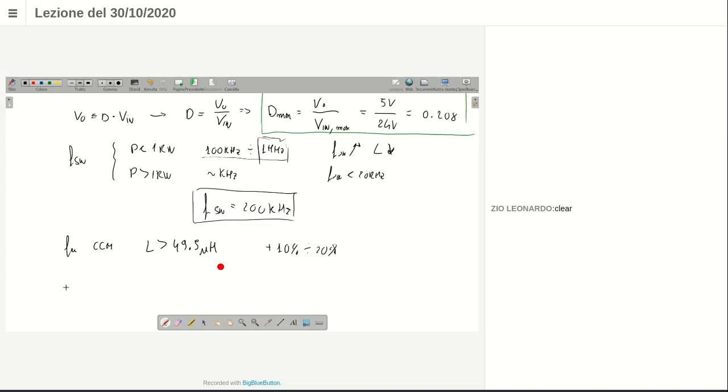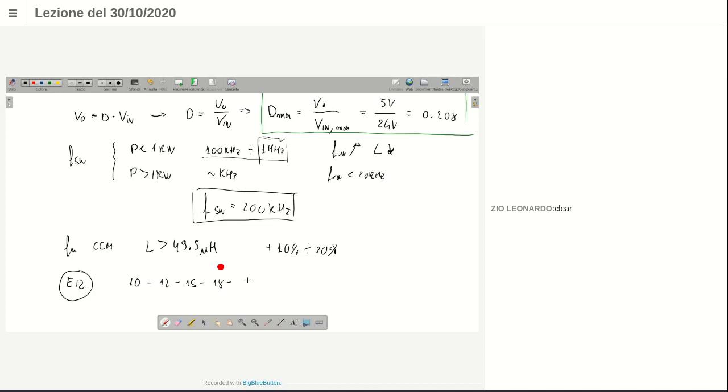The inductors which can be found in commerce typically have an inductance value which follows the E12 series. Do you know what the E12 series is? Basically, you should know it for resistors. It is the series of resistors with 20%, 10% tolerance, the series of values 10, 12,